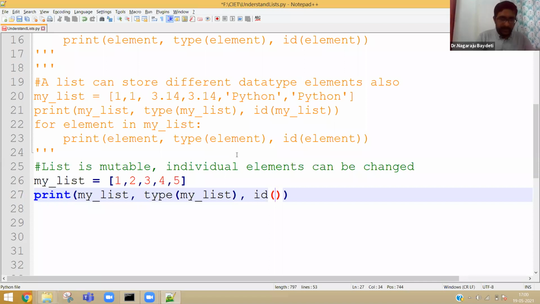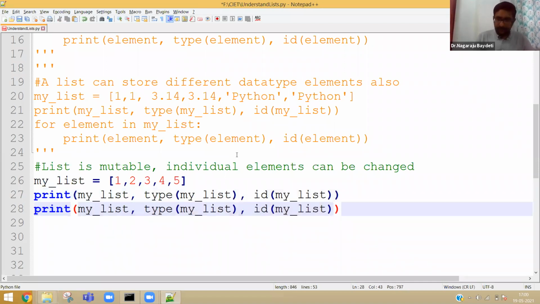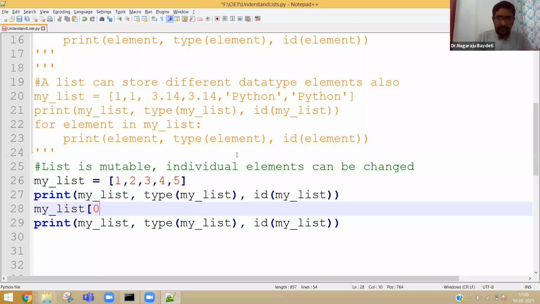Let me print twice. Now let me change my list of 0 is equal to 989 or some other value like 535. What is happening here? We are trying to actually change the first element of the list.